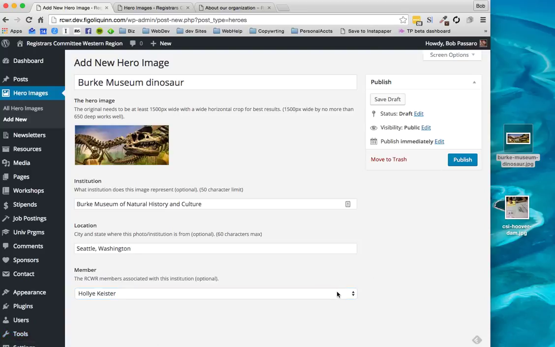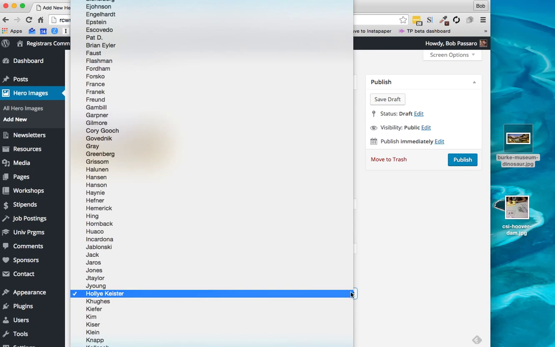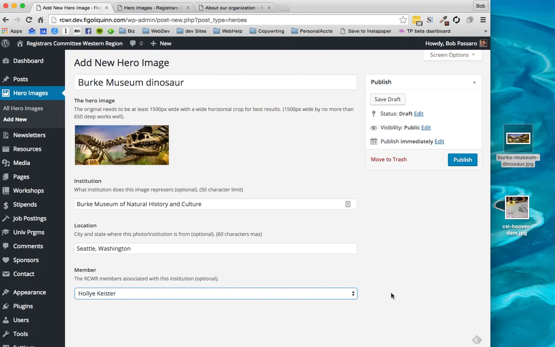And now all these names in this list are people who are users on the site. And anyone who is a member would be registered to be able to log into the site, and so they should be in there. And that's all there is to that. And then when we hit publish, it should now be